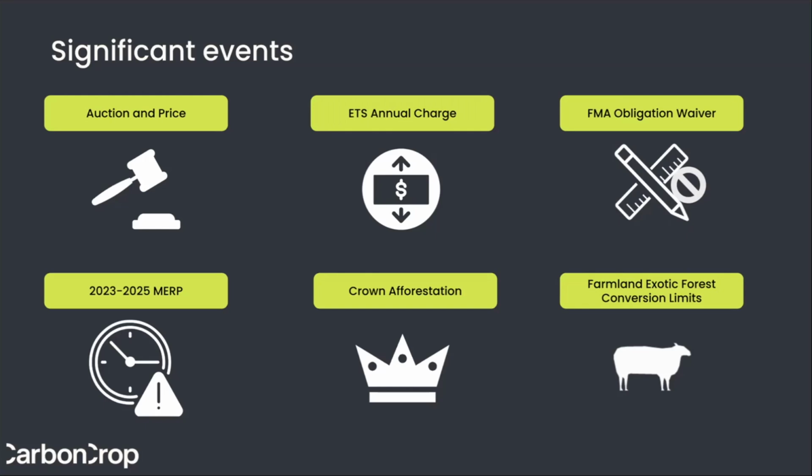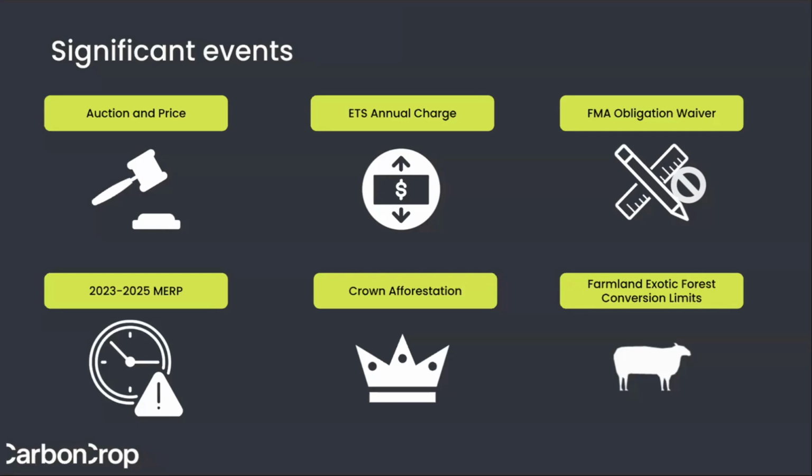There was also, in a very busy December, a request for information published in connection with Crown land afforestation. I'm not going to go into the details of that today. We will probably do a follow-up session on this, but basically the Crown is signalling interest in afforestation of Crown-owned land, in particular as part of public-private partnerships under various models. And what they've essentially indicated is they want proposals from the private sector on models that might be of interest.